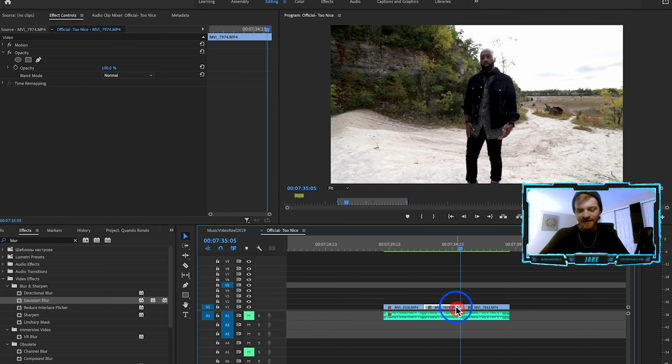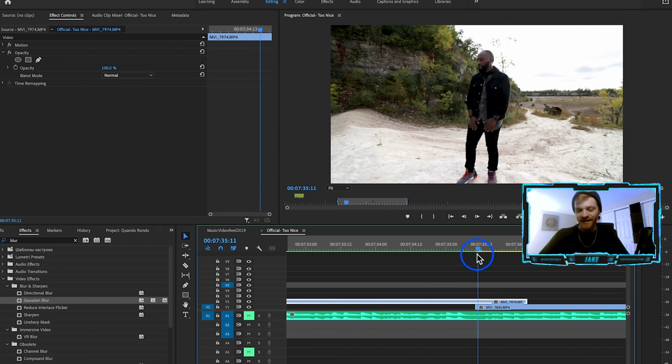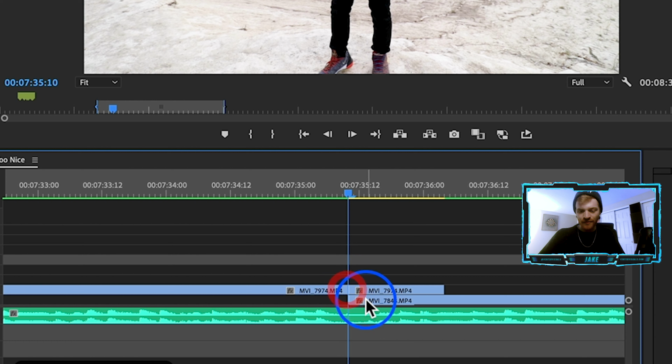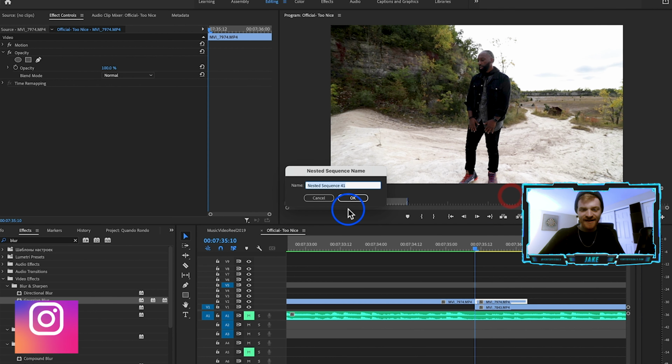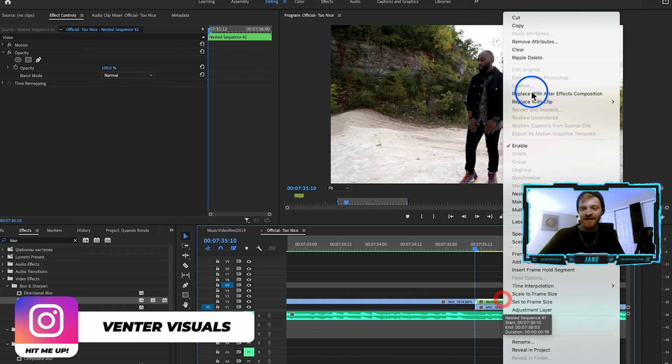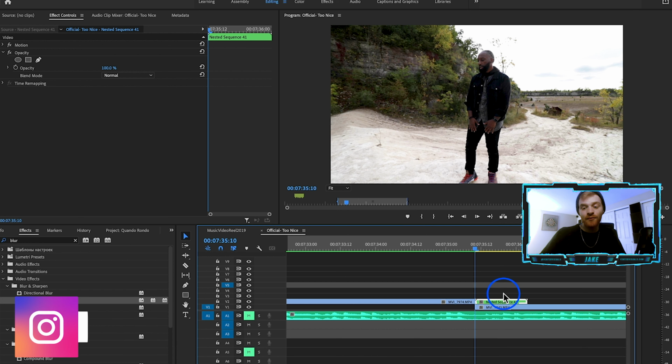So I'm going to take this second clip here and drag it up one layer. I'm going to extend it out over this next clip a little bit, and then make a cut right where it meets the next clip. Now I'm going to right click on it, hit nest, hit OK, right click on it again and hit replace with After Effects composition. This is going to bring this clip into After Effects, where we are going to do some light rotoscoping